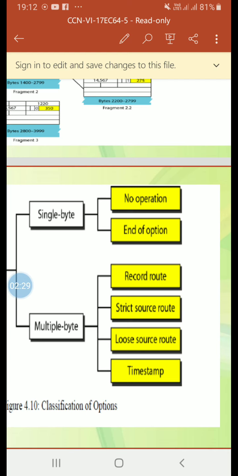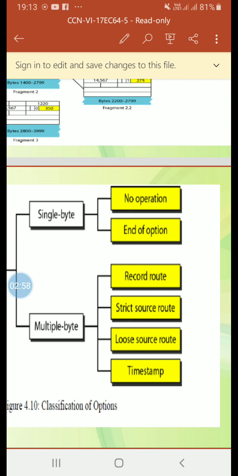The sender can choose a route with a specific type of service such as minimum delay or maximum throughput. Alternatively, it may choose a route that is safer or more reliable for the sender's purposes. For example, a sender can choose a route so that its datagram does not travel through a competitor's network.